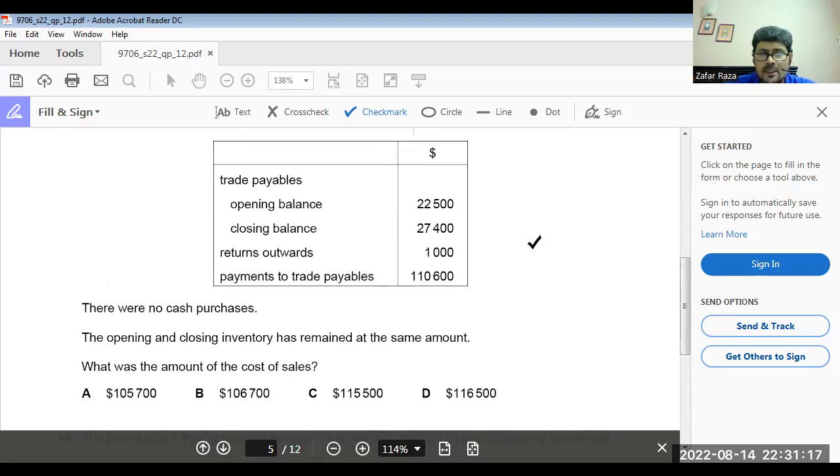So what we do, payment to trade payables, 110,600 plus returns 1,000. Okay. Plus closing balance 27,400. Minus 22,500. The answer would be